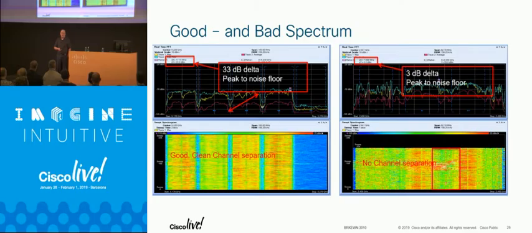What can you see with spectrum? These are old shots, but you can see very distinct channels, very clean spectrum. That's 2.4 just about anywhere where it's over deployed, and there's actually a microwave in the middle of that one. This the radio can hear, that the radio can't discern anything.